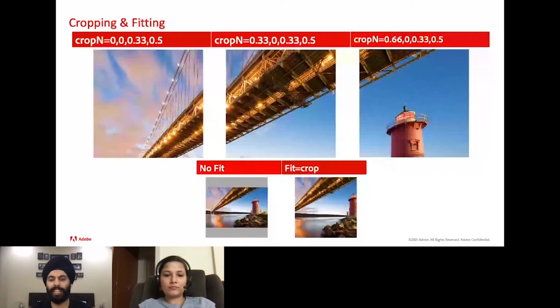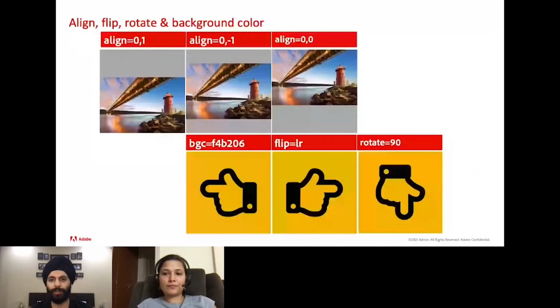Talk about align, flip, background color, and rotate. Align modifier aligns the composite image within the new rectangle. Here are three examples of how we can align the image to top, center, and bottom of the view pane. Image alignment is one technique of warping one or sometimes both images so that the features in the two images line up perfectly. Flip is used to flip the image either horizontally or vertically or both.